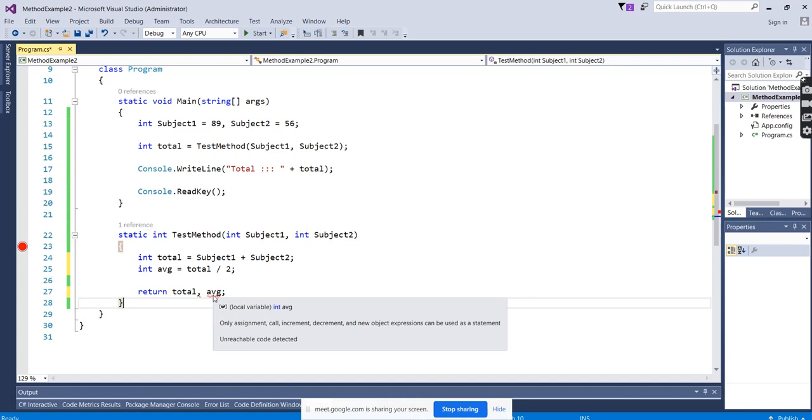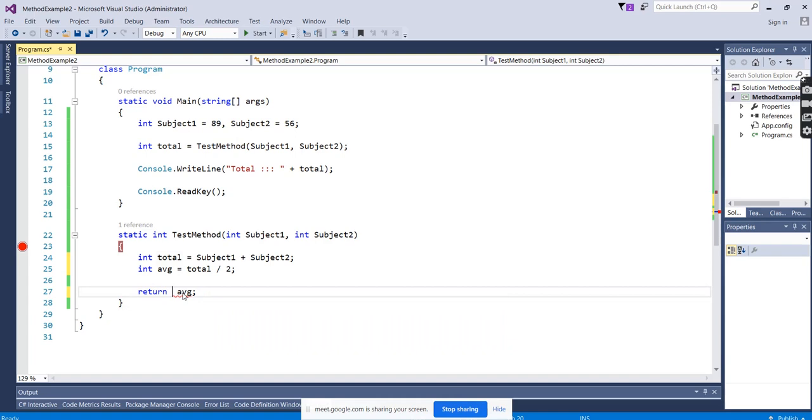Code is unreachable. You cannot reach that. Local variable int, it's giving an error. You cannot go for it. Okay, if I remove the total, it will work, because I'm returning only one value. But I want both. I want to return total marks as well as average marks.